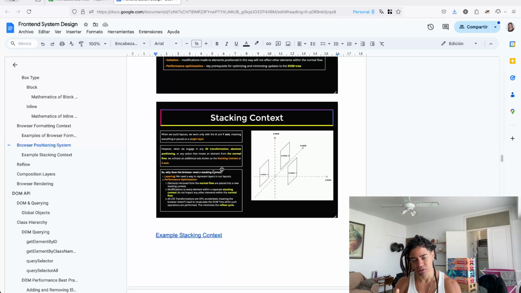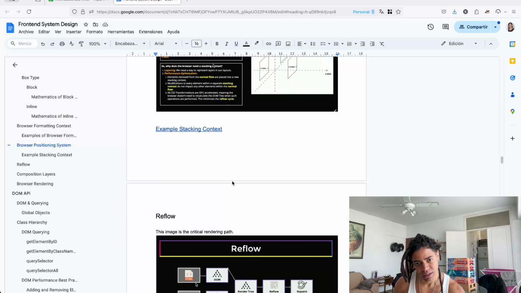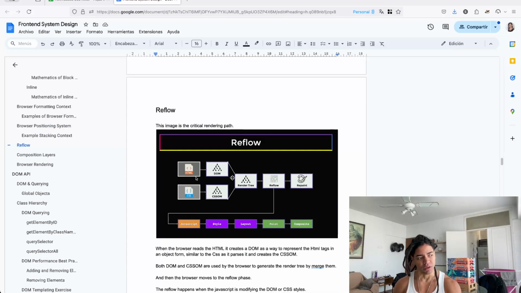And by doing so, when we define each one of these particular contexts, all of these layers, it is important to do it. It invites us to optimize in terms of how these stacking contexts are going to be rendered, are going to be passed through the browser rendering mechanism. What it means is that the browser needs to render all of these elements, and we're able to actually optimize that rendering mechanism,